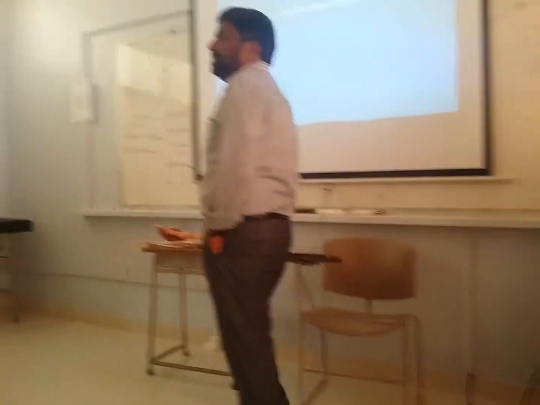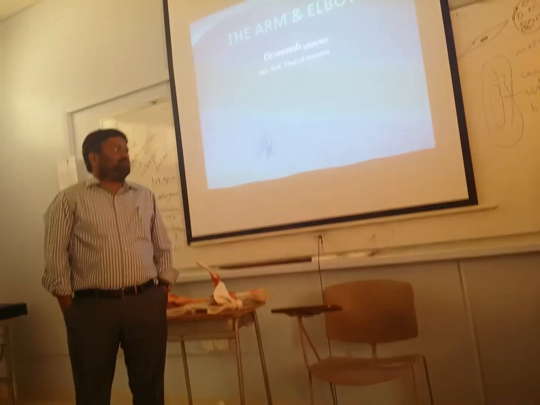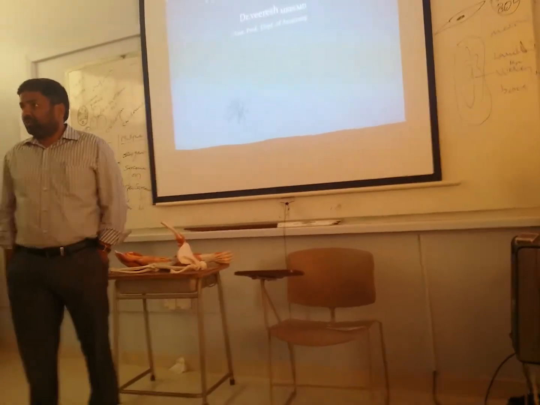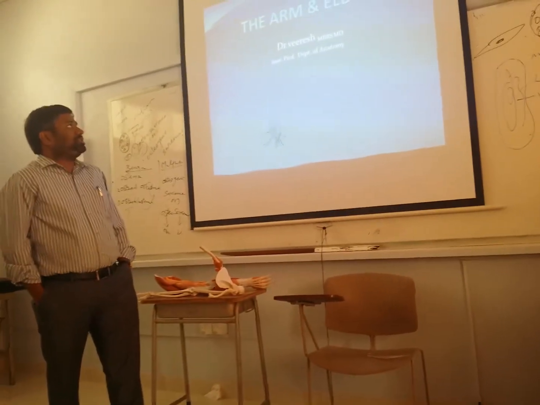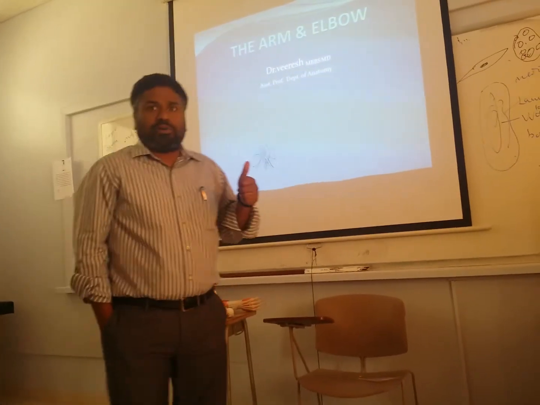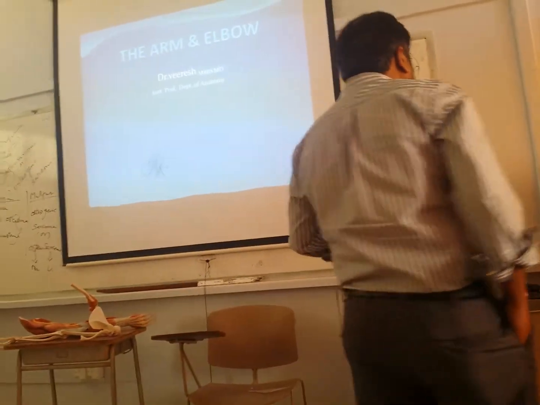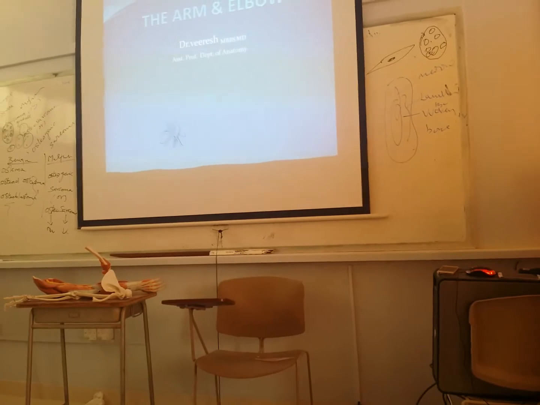Anatomy of the arm and even the elbow joint. So it's a little bit easier as you're already aware of the knowledge of the anatomy of the humerus bone and the scapula. Okay, so just recollect your memory about the humerus and the scapula so that it will be easy to understand the attachments, the muscles of the arm.